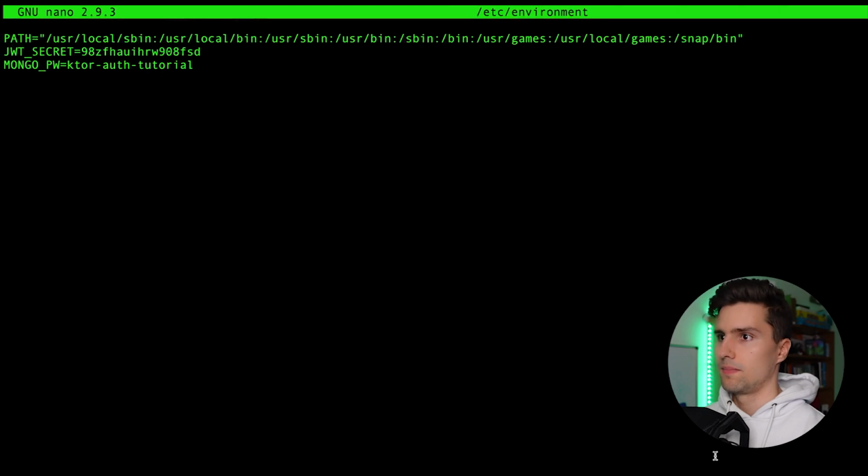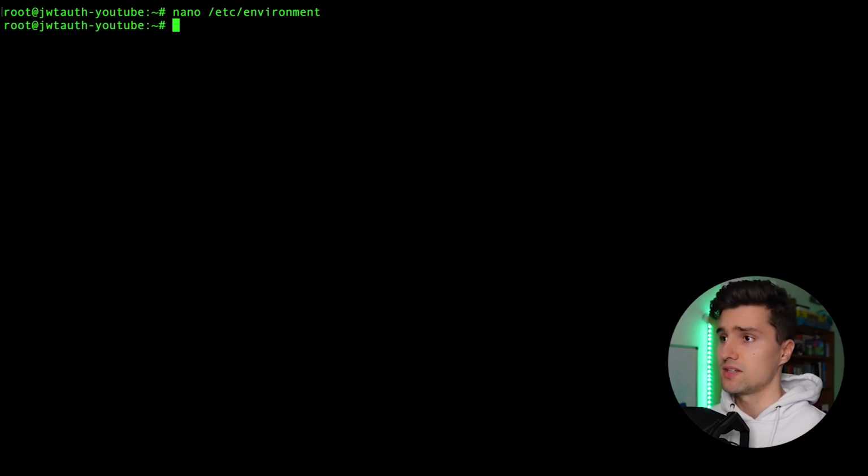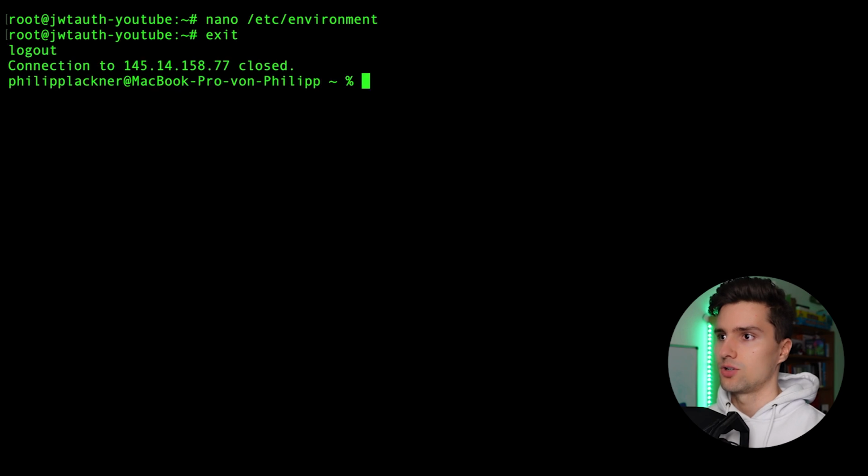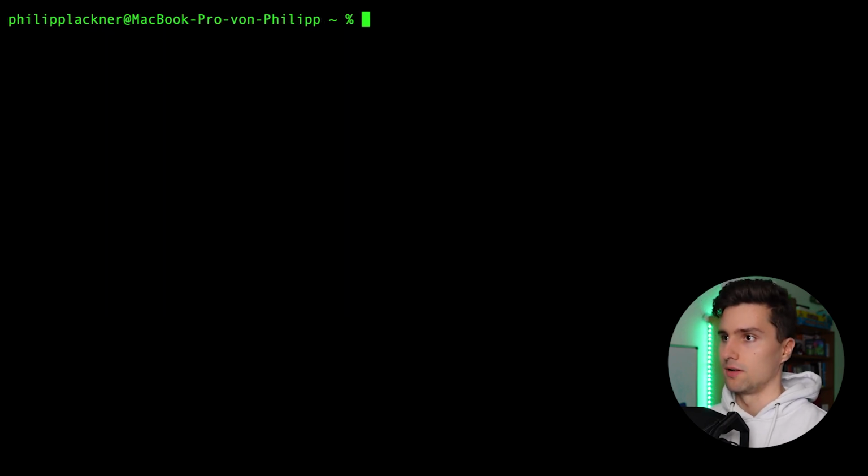So back here, we want to hit Control S to save it and Control X to get out of this. And I think, at least for the server configuration, that's it. So we can simply exit here to get out of this SSH command, kind of, and we're back in our normal terminal. So one more thing we actually need to do before we jump into IntelliJ and set up our automation script